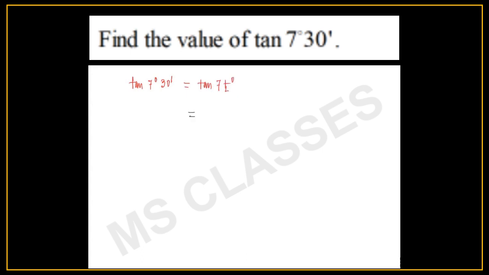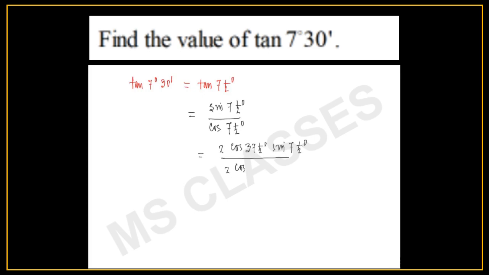Instead of applying any submultiple angle or multiple angle formula, we just split this up and write it in this format. Now we multiply numerator and denominator by 2 cos 37 and half. Why 37 and half degree? Because this is such an angle